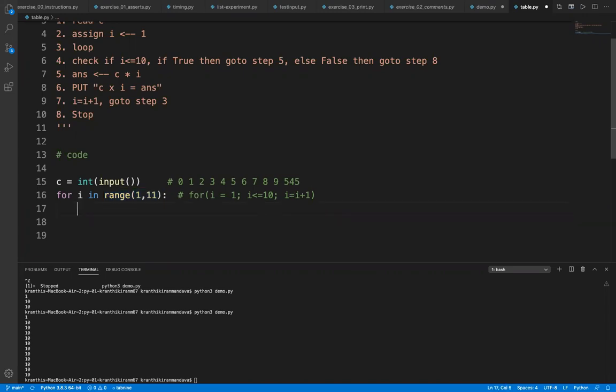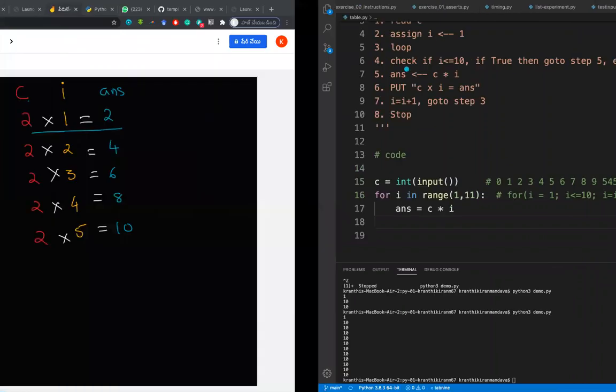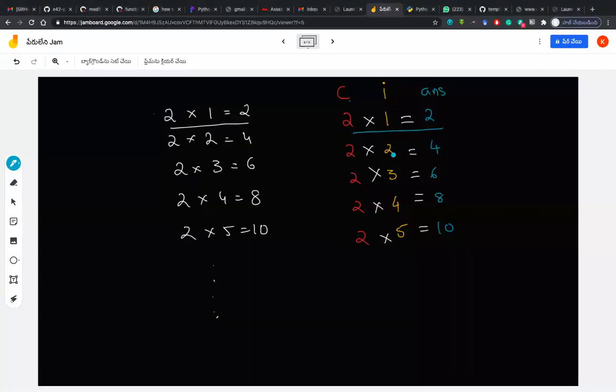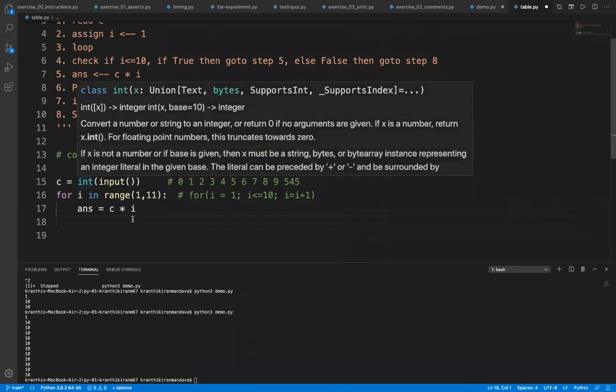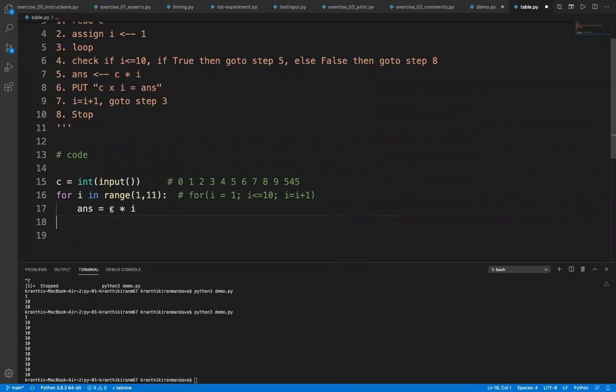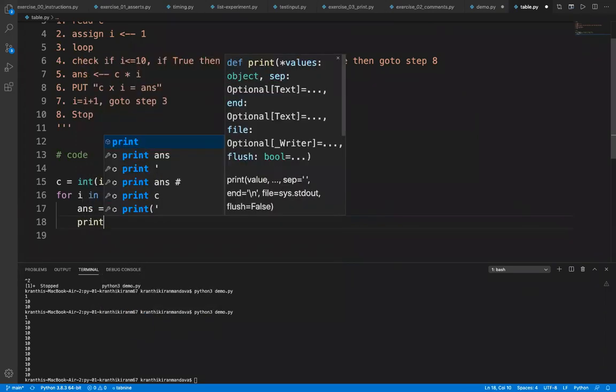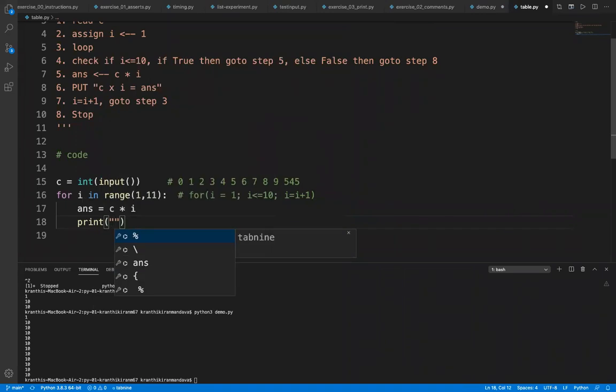So for example, I will now write answer is equal to C into I, because I is our increment according to our thing. This is what I have observed: 1, 2, 3, 4, 5. So this is incremented, so I want to keep this in the for loop. I want to make this a constant. So whomever it might be, if I take 3 or 2 or 5, this will be multiplied. So 5 into 1, 5 into 2, 5 into 3, like that. So we are making a universal program. After that, I want to print every line. So print,